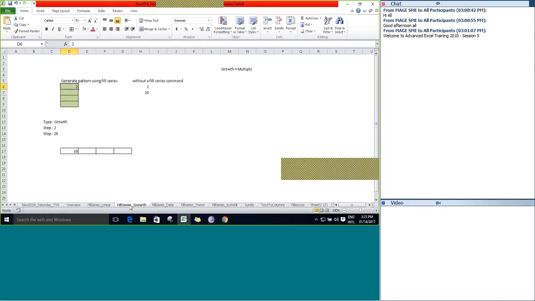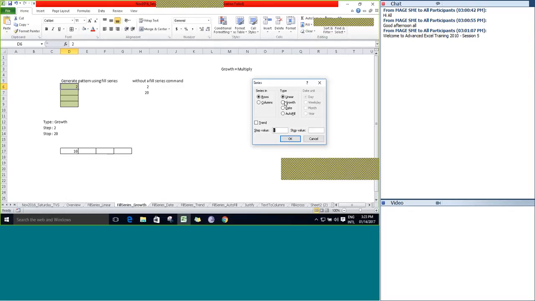So let's have a value of 2 here. Go to fill and go to series, and instead of a row, let's go with the columns and click on growth. Growth means it will multiply.